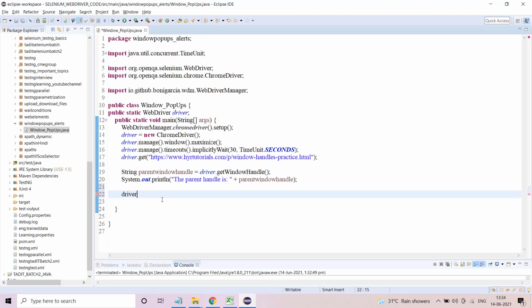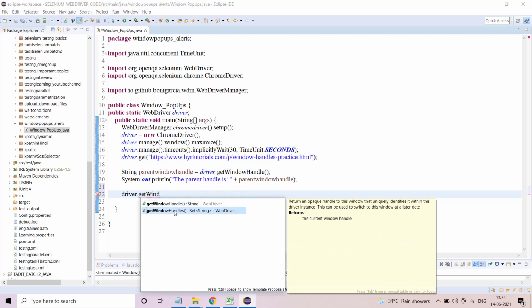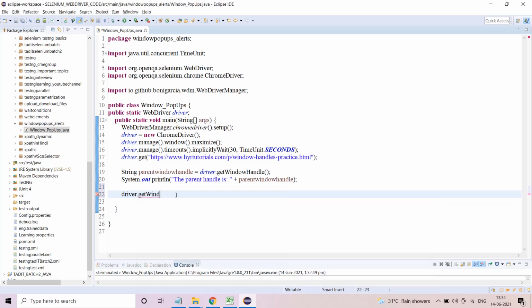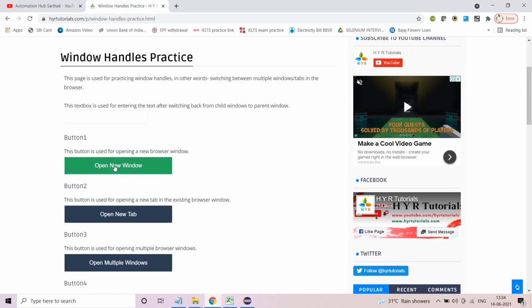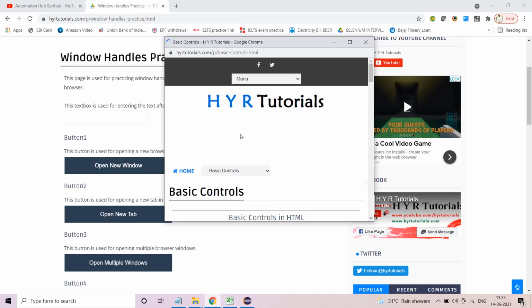This particular method, get window handles, signifies that you can get everything. However many you open, 100 windows, use get window handles properly and it will give you the window handles of all the 100 windows. We'll learn how, but let us go with the flow. Now I got to know this, I've opened this. What is my next step? Manually, first step, I want to click on this open new window button.